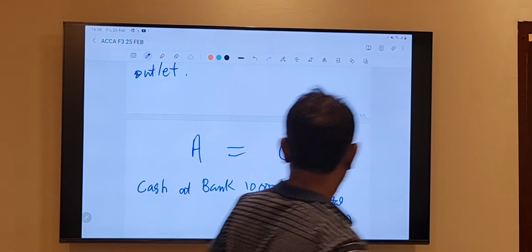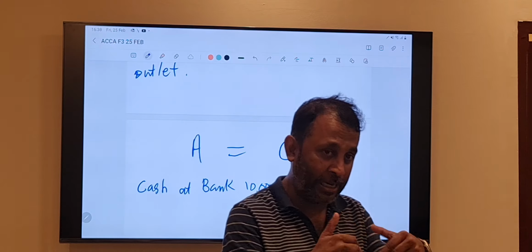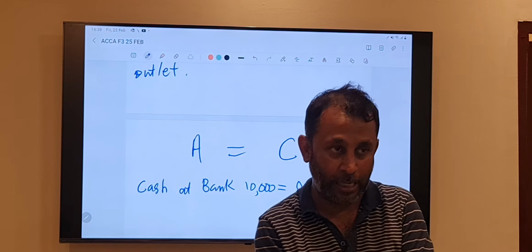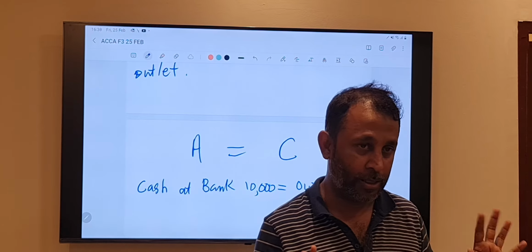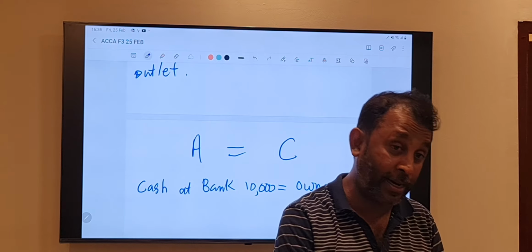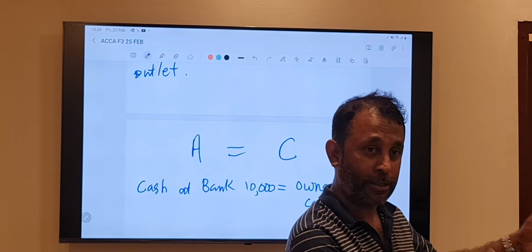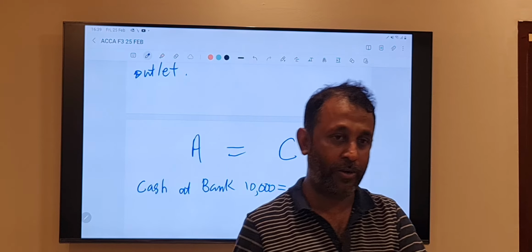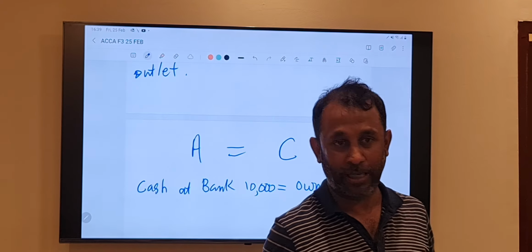Anyway, so this is the first example. Now we will expand the equation. When Mr. A wanted to run this vegetable shop, how much cash did he have? 10,000. He deposited that money in the bank. If he purchases the entire 10,000 of vegetables, can he manage the business? He needs other expenses. He needs a trolley, labor, and a weighing scale machine, something like this.